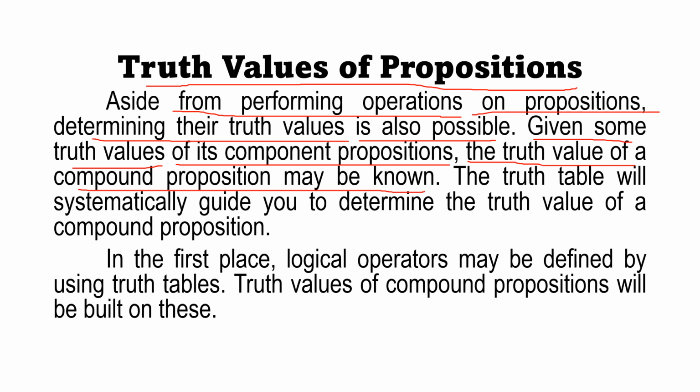Right after applying the logical connectors, your conjunction, disjunction, negation, conditional, and biconditional, we can easily determine what the truth value of the resulting proposition will be once we combine two or more